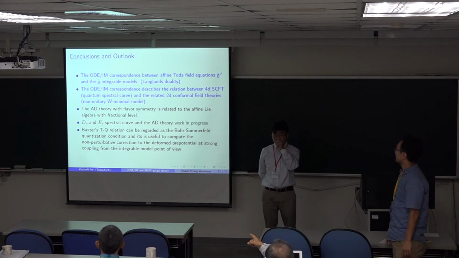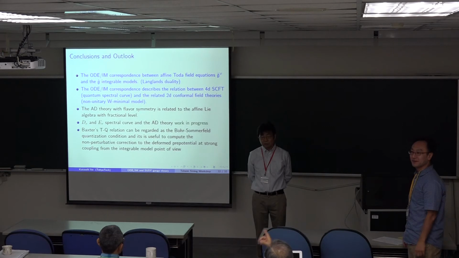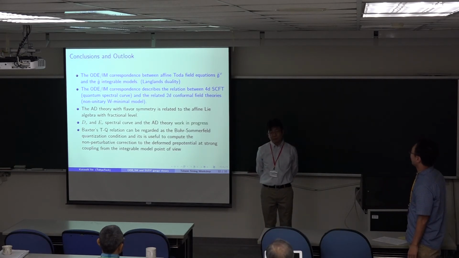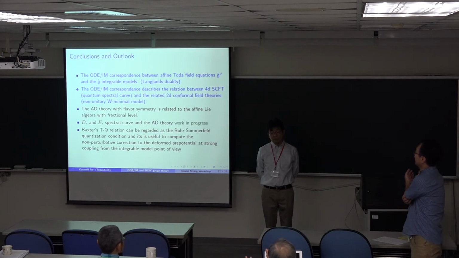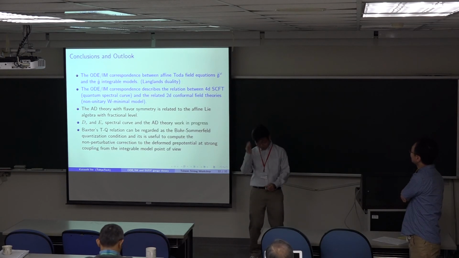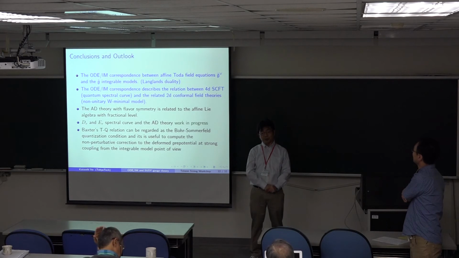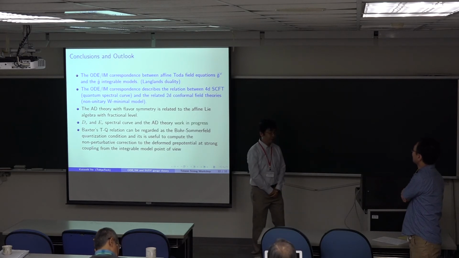Concerning the second point, it's the 4D and 2D relations. In the case of AGT, people say there is a 6-dimensional theory behind. In this case too, the Argyres-Douglas theory has some 6-dimensional theory behind it, also a kind of degeneration of the original one. It has some interpretation. I see.